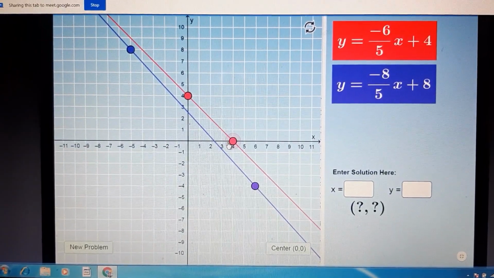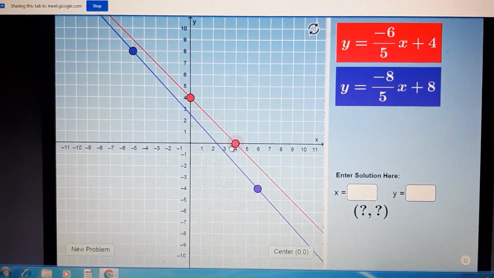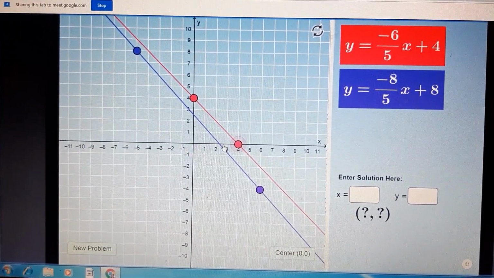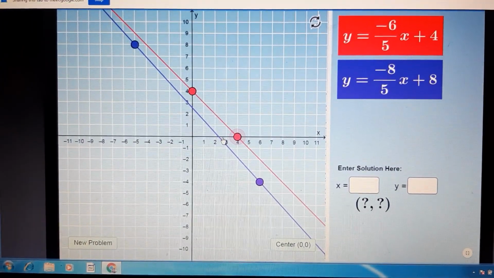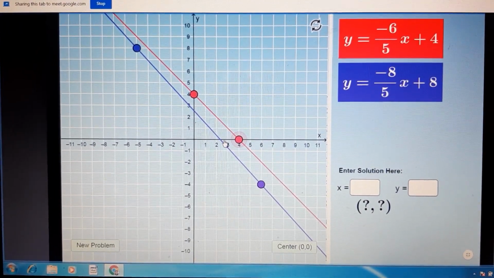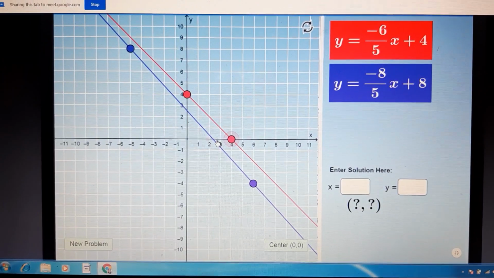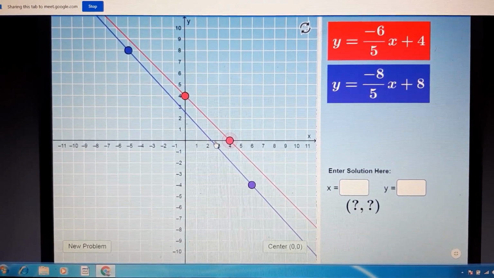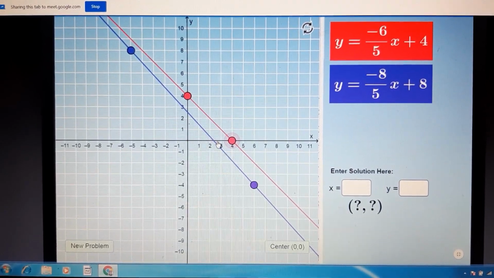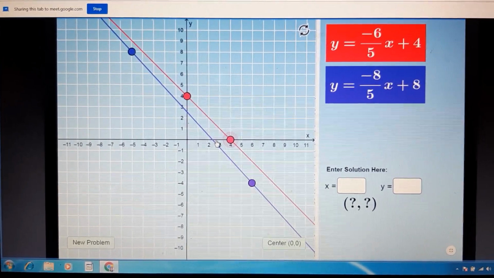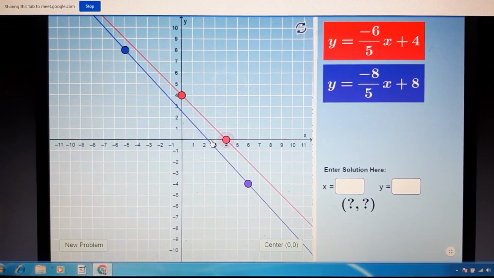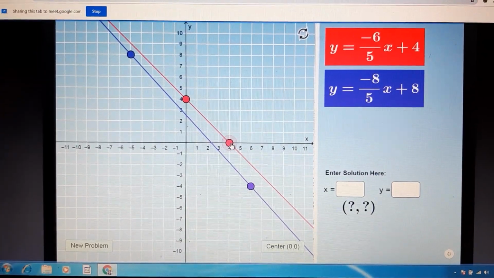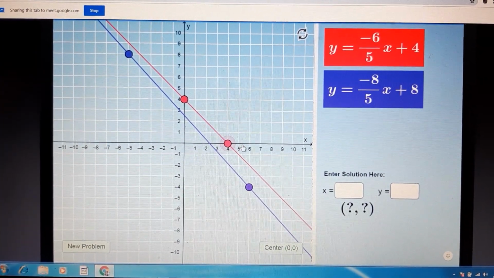So if I'm not sure about this, let me take some other point which I'll be comfortable with, right? So let me just take another third point which will actually justify my line. So let me take x as, you tell me, what should I take x as so that I get rid of this denominator and y comes out to be a natural number or a whole number? Exactly. So if you take x as 5, what is the answer for y? Minus 2. So if x is 5, y is minus 2.